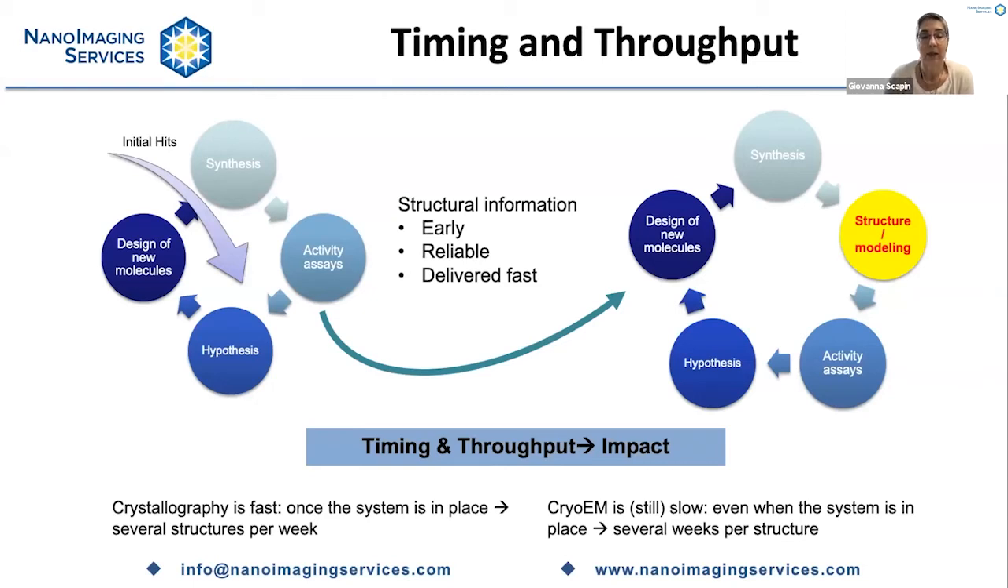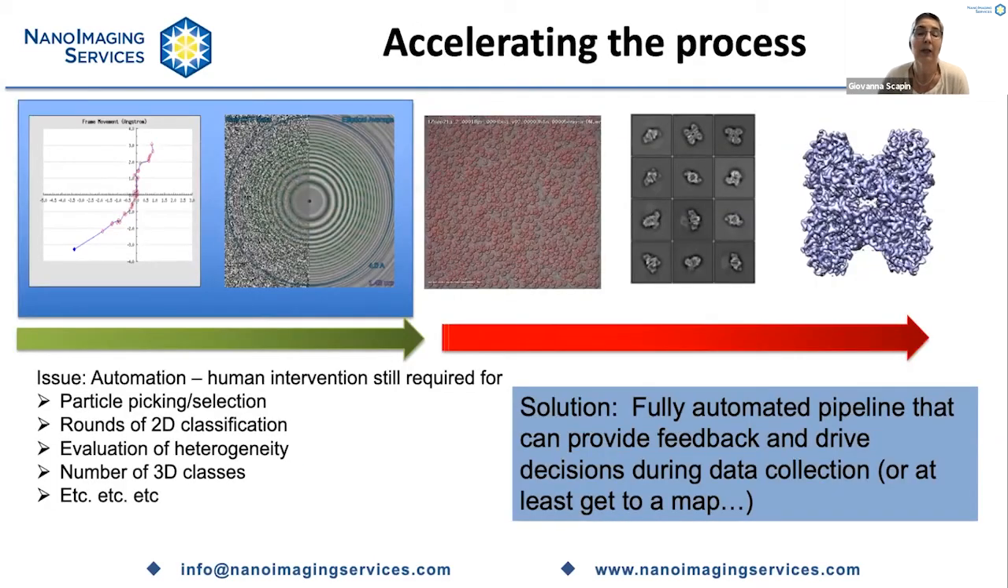Why is it still slow? As I mentioned, there are different things. There is a whole upstream process of sample preparation, optimization of the sample quality, grid preparation, optimization of the grid, and everything else that is widely discussed in many other forums, and I will not touch upon it here. But one thing I am going to touch upon is accelerating the process of data collection, data interpretation,